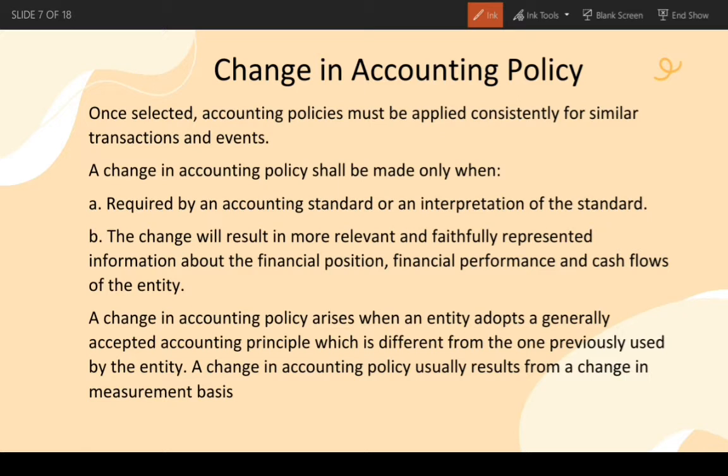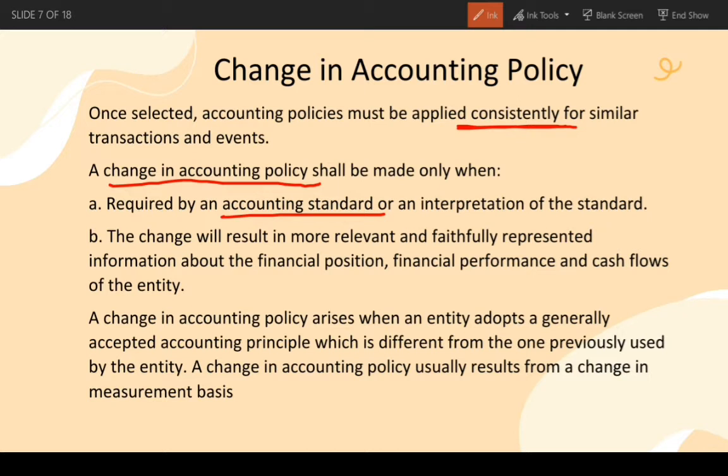Once selected, accounting policies must be applied consistently for similar transactions and events. Nire-require ni PAS 8 na magkaroon ng consistent selection and application of accounting policies. So, for example, kung weighted average cost formula yung ginamit sa inventory, so kailangan consistent yung pag-apply doon. So, kailangan kada period ay weighted average cost formula yung gagamitin. So, pinapermit ni PAS 8 na magkaroon ng change in accounting policy kapag nire-required ng accounting standard or an interpretation